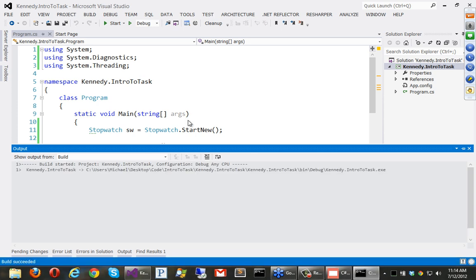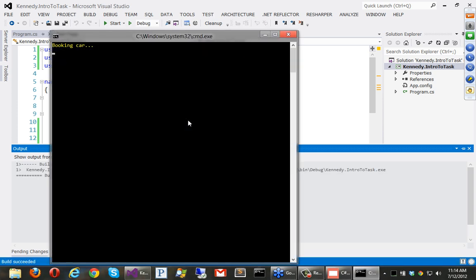Okay, so if I run this, it shouldn't surprise you. There's no threading going on. It just books a car, which takes 5 seconds. It books a hotel, which takes 8 seconds. And we wait. And then finally, it books the plane, which takes 5 seconds. Or 3 seconds. I think the car was 3 seconds. Yep, so the total time it takes, of course, is the sum of all the parts, right?